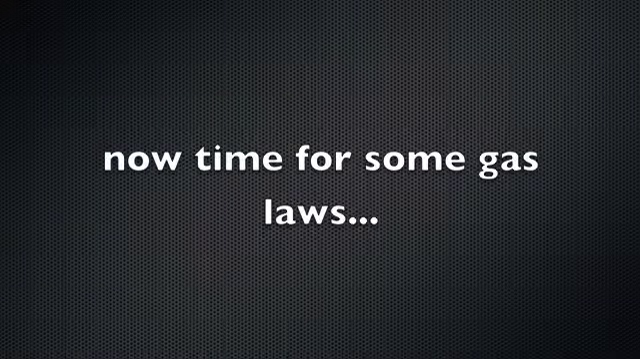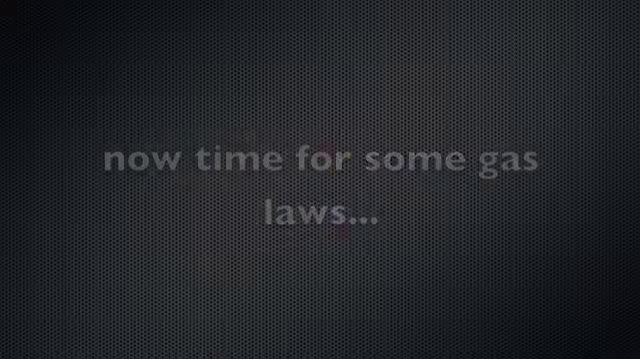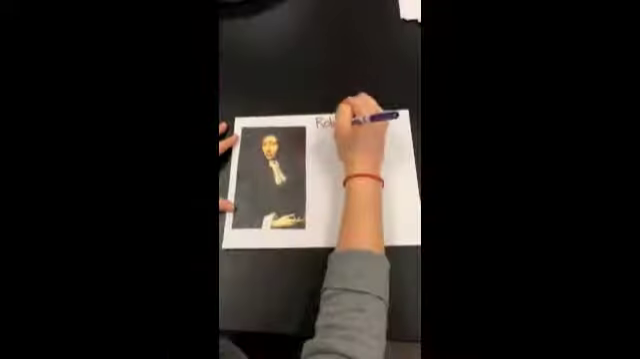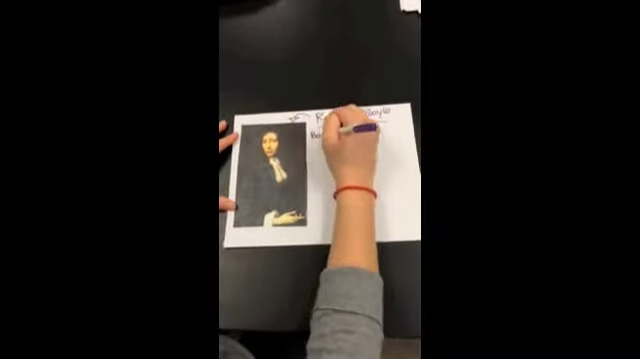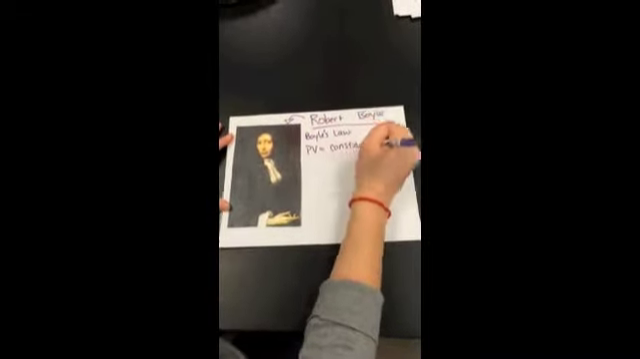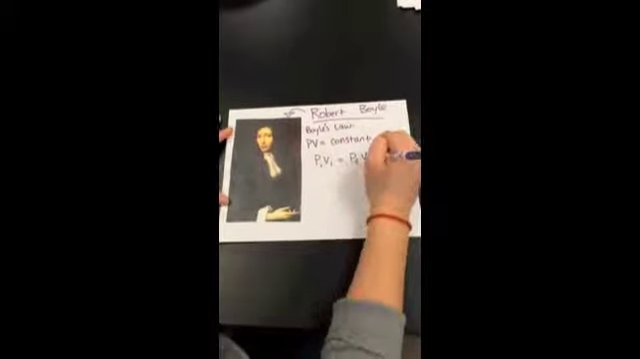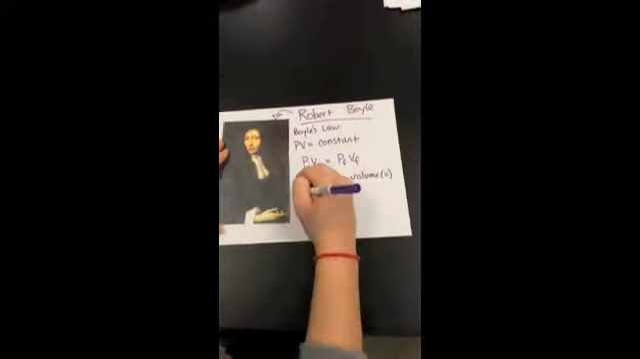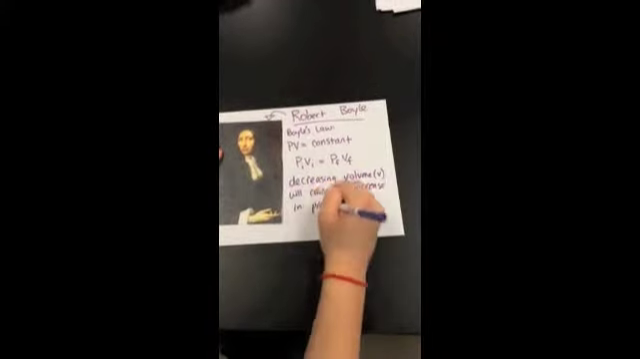There are several gas laws that help us understand how gases work. The first person we're going to talk about is Robert Boyle, and from him we get Boyle's law. Boyle's law says that P times V equals a constant, or P1V1 equals P2V2. So in other words, it's saying if you have a decreasing volume, that will cause an increase in pressure, or